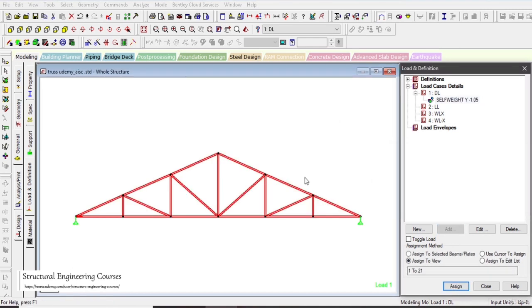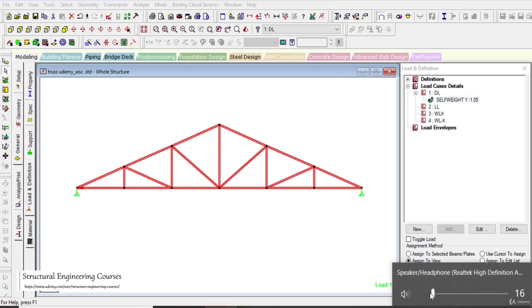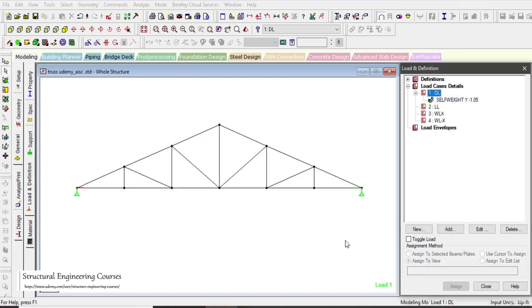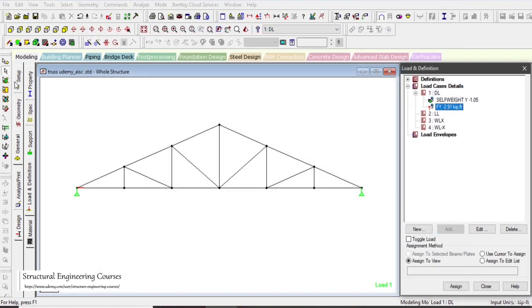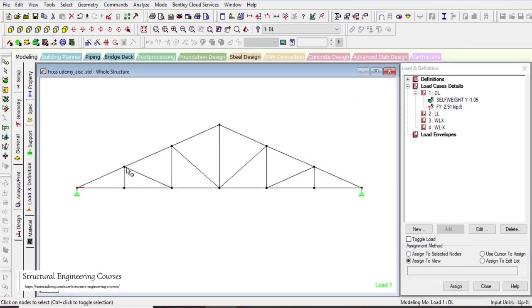We can left click on assign to view. After that we can add dead load with the nodal load option here. We can enter minus 2.91 kips value. So here we can see that automatically the units are in KIP. So we can left click on add here, and then we can select all the nodes here,